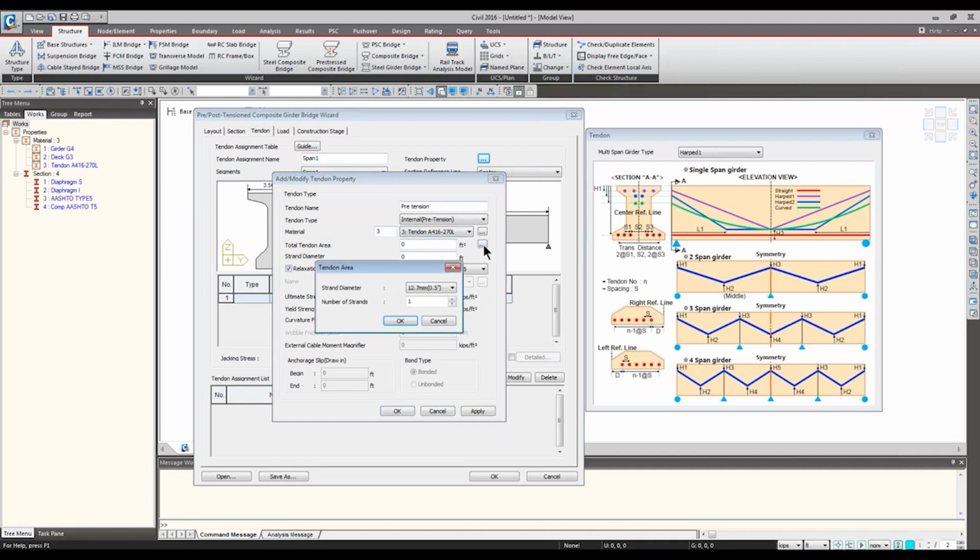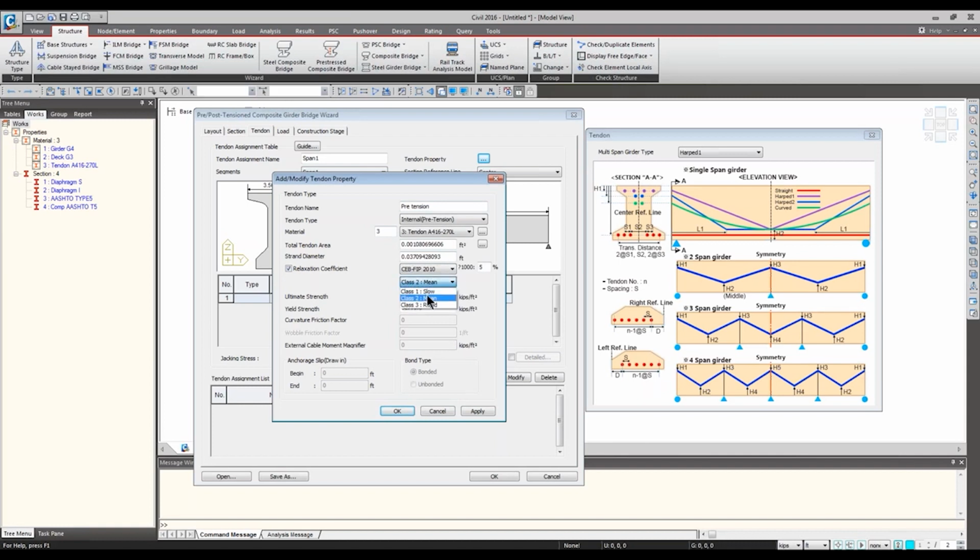Then for the total tendon area, mine will be 0.5 inch, just 4 of them, updated right here. And for the relaxation coefficient, you can pick the database that you work with, CEB-FIP most likely, or you can user define them too. I'm going to choose this according to CEB-FIP.